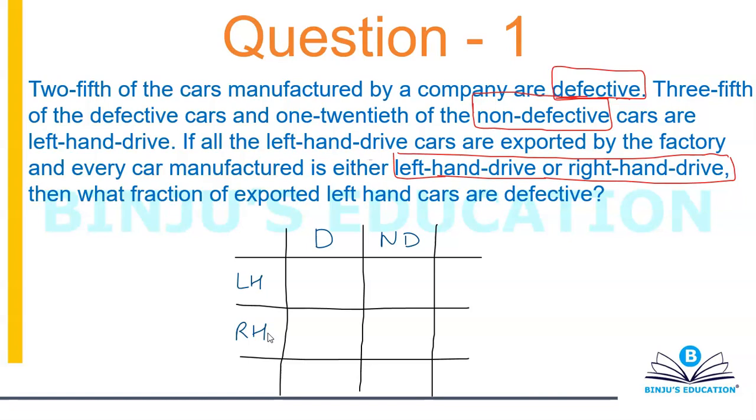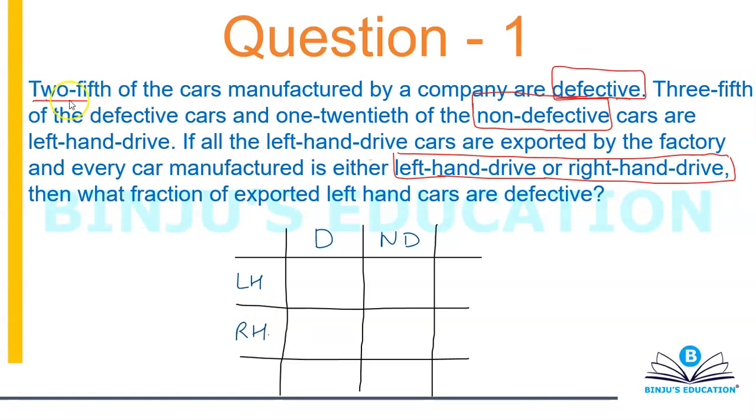Now there are two ways of solving questions like these. Either you go the conventional way, that you take the total quantity to be X and then you start solving the way we have been doing in our schools, or we can do it the smarter way. We can assume a number, but we can't just simply assume anything. We can't take, okay, let's take total to be 10 or 100. We have to be very clever while assuming the numbers. So what we are going to do is we're going to assume the LCM of the denominator of all the fractions, or probably a higher number than that.